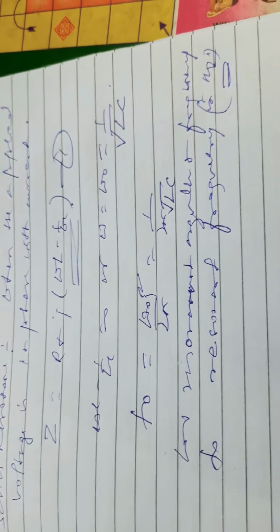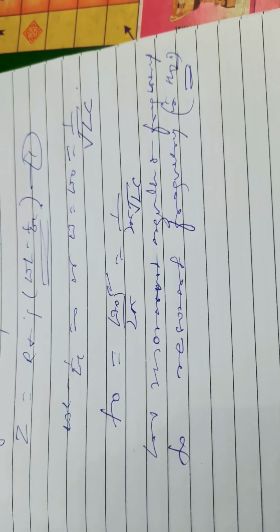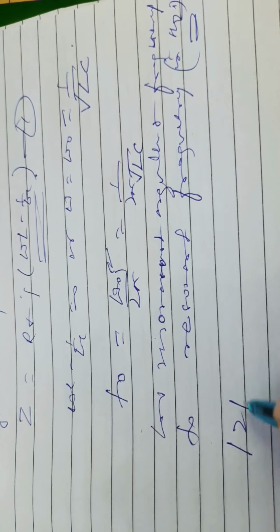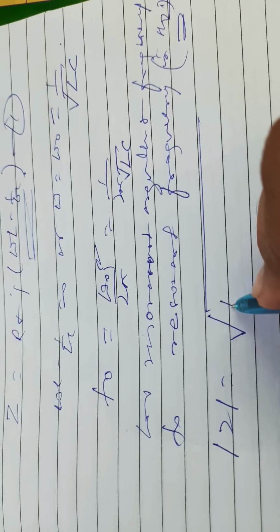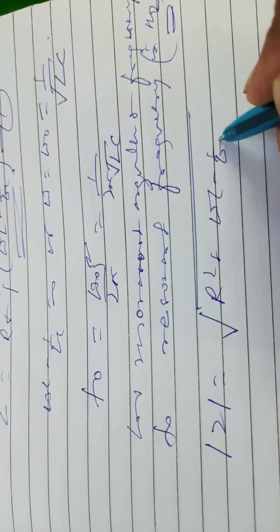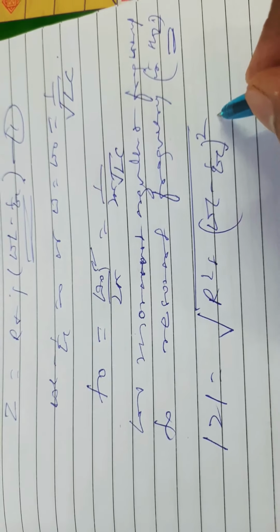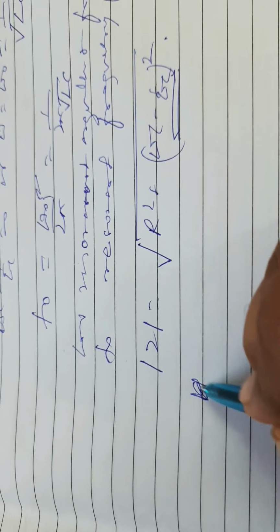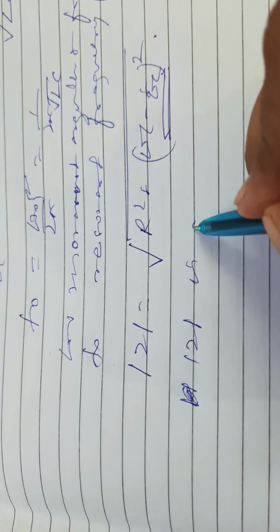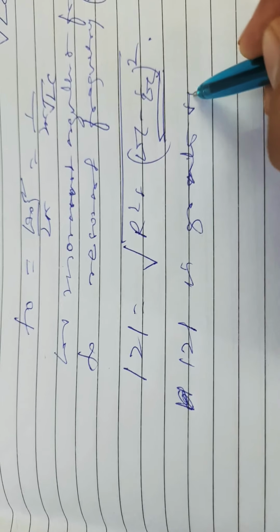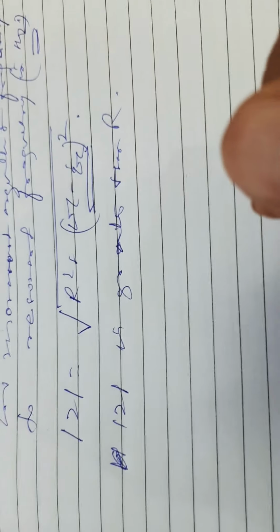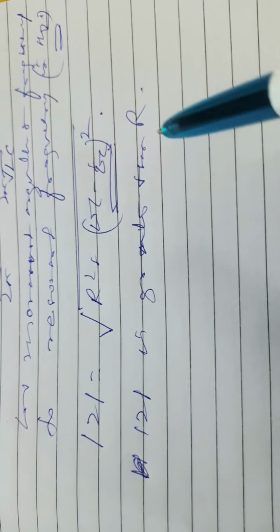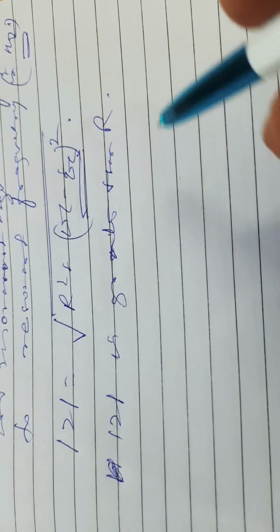Now what will be the impedance at resonance? It will be R. While at off-resonant frequency, when it is not in resonance, the magnitude of the impedance is given by root of R square plus (omega L minus 1 by omega C) whole square. This is always positive, so mod of Z is greater than R. Consequently the impedance is a minimum in resonant condition. So the impedance is minimum and the current is maximum at resonance.